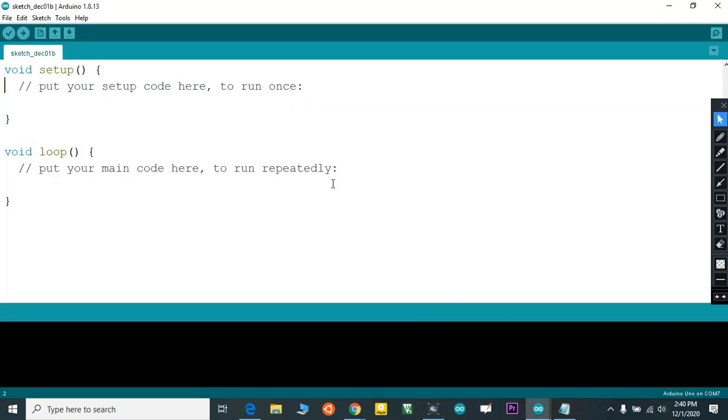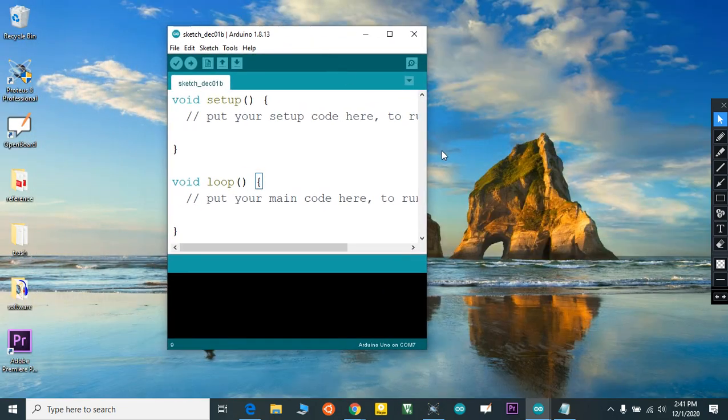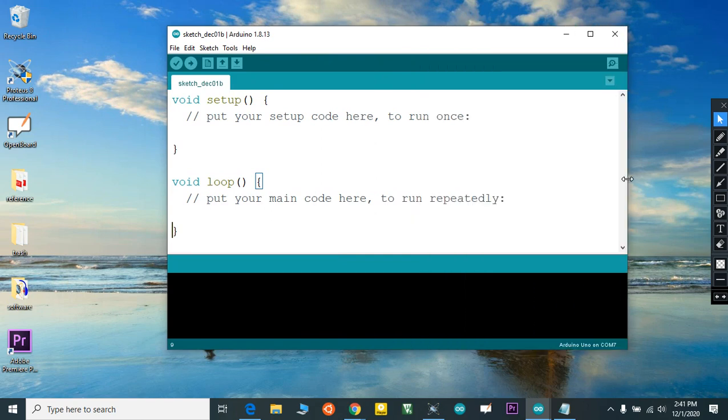We discussed in our first session the basic syntax and structure of an Arduino program: void setup and void loop. Here you can read, put your setup code here to run once, and here you can put your code to run repeatedly.